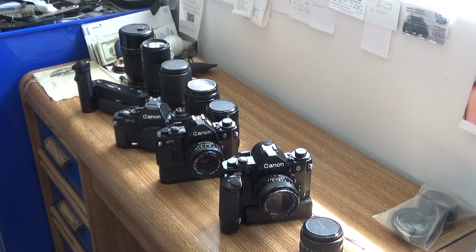Most of them are working. But I replace them a lot. And what I have done is I've kind of got into this business where I've sold a number of cameras and sometimes lenses, but I order the camera like